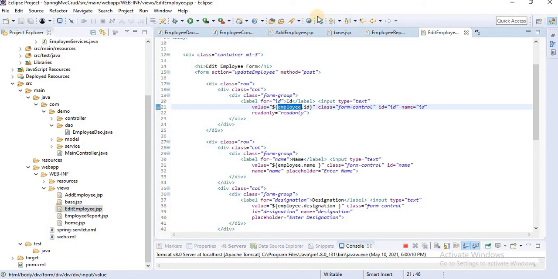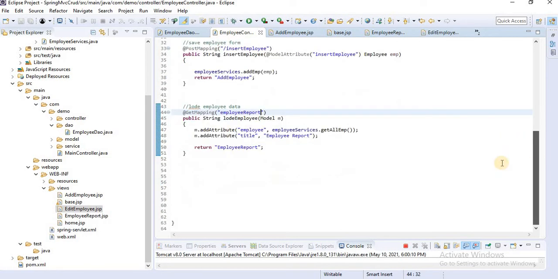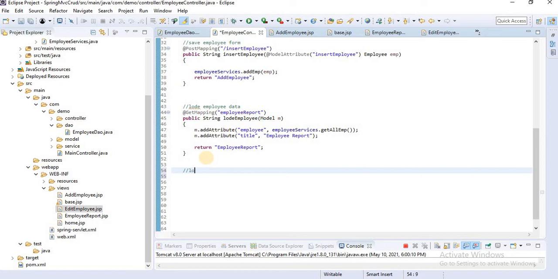So let's do that. Let's go to the employee controller. Let's create one more method, load edit form. This method is only responsible to load the edit form.